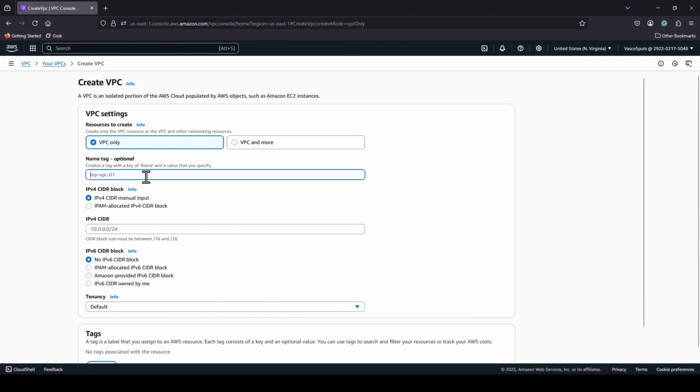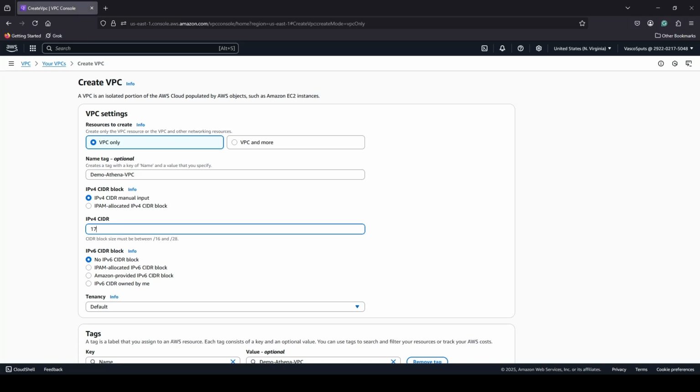I'll give my VPC a name. Even though giving the VPC a name is optional, I strongly recommend you name your VPC appropriately. And I'm going to call my VPC demo Athena VPC, for example. And I want to go ahead and define the CIDR block. Now, the CIDR block is very important. It basically gives you the range of IP addresses that you are going to have for your VPC. I want to give my VPC a class B private IP address. So I'll give it